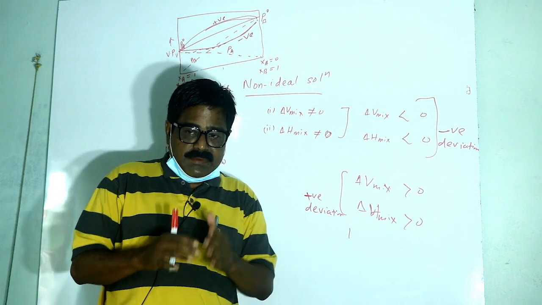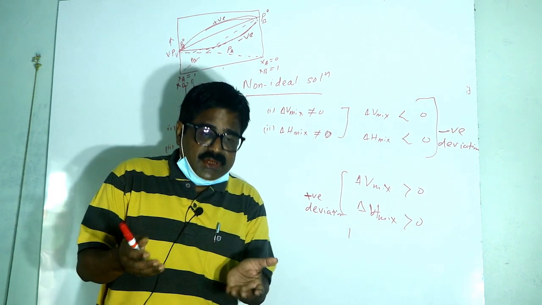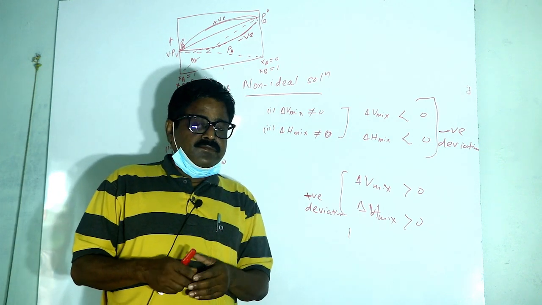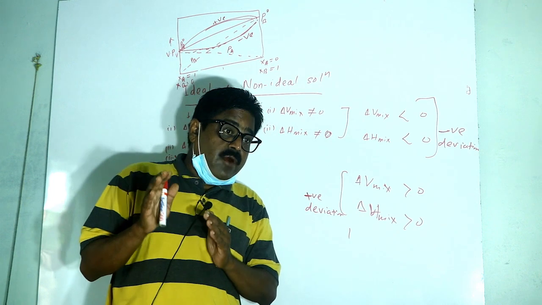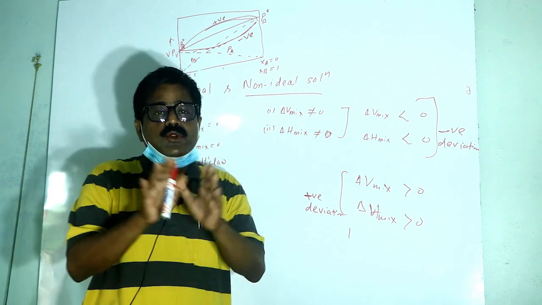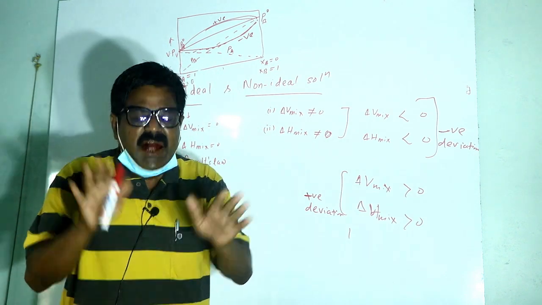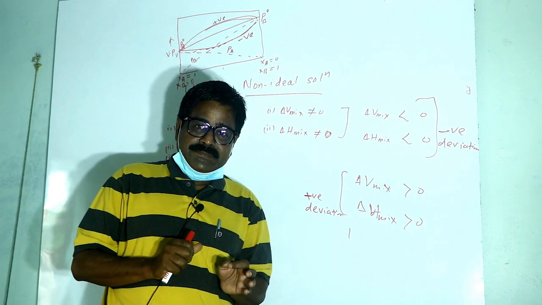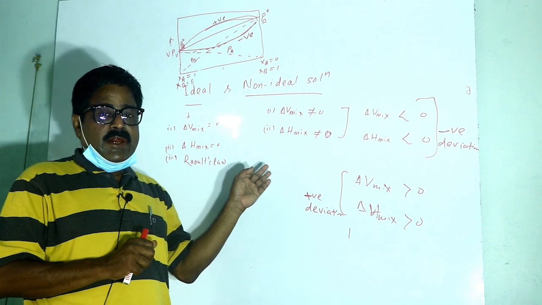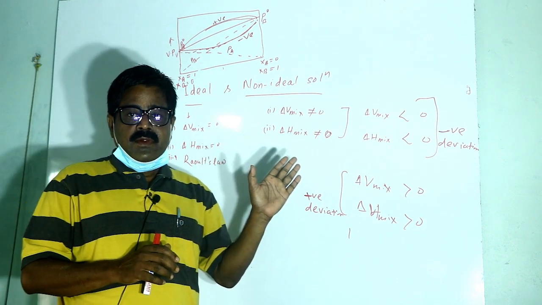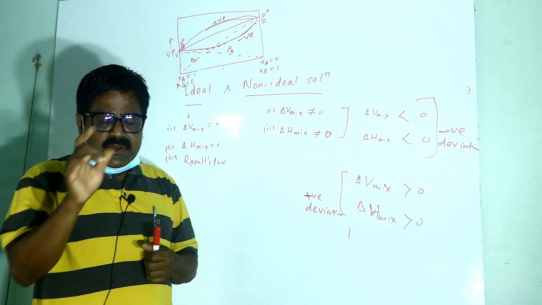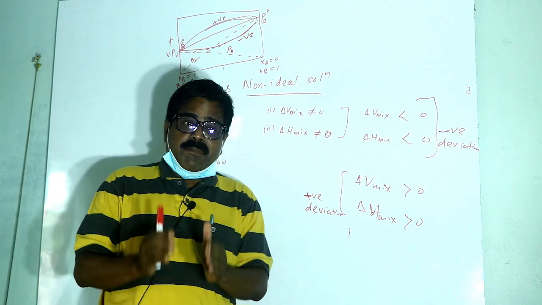The new concept is the colligative property. When we are considering the colligative property of a solution, there we have to consider at first that the solution should be ideal. For an ideal solution, we are considering the colligative property of a dilute solution. Going before that, there is another term, the azeotropic mixture.